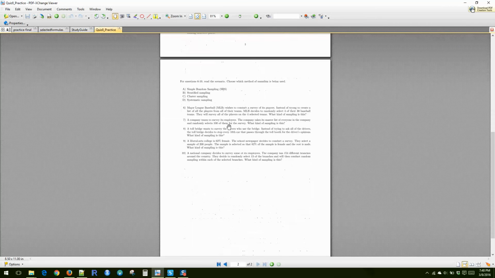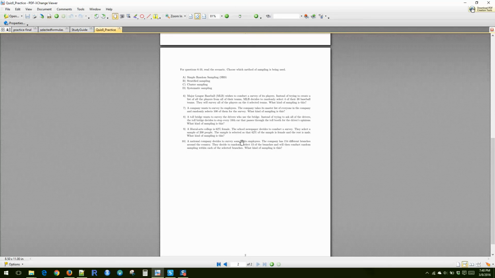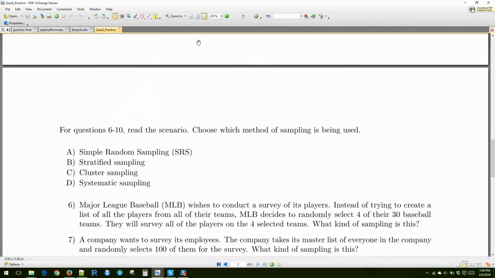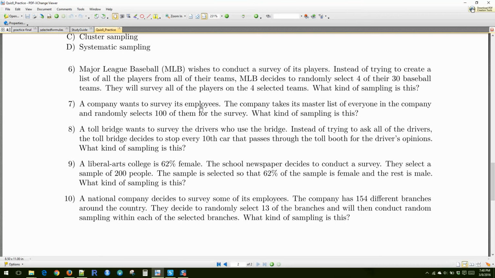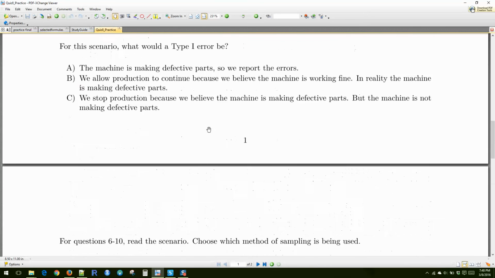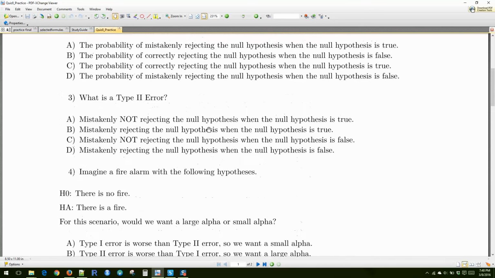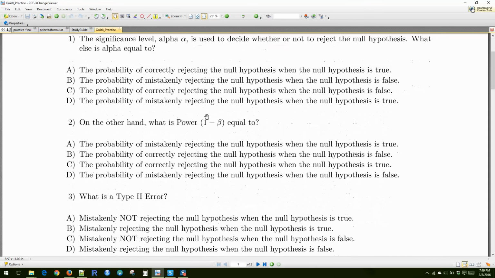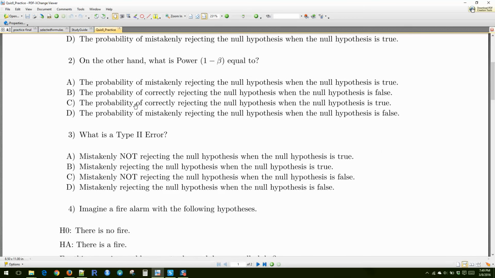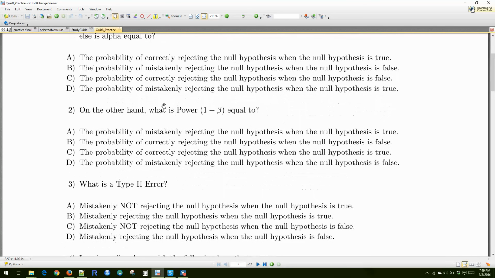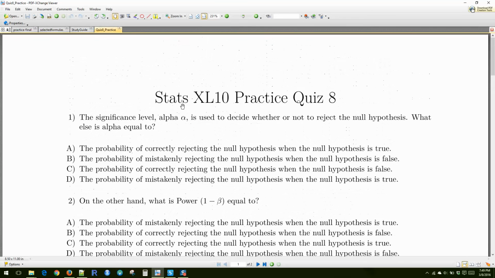So this is kind of just questions about the sampling methods that we're going to cover today, along with topics regarding power and whatnot. Okay. So all of this stuff is available. So please study this, and then